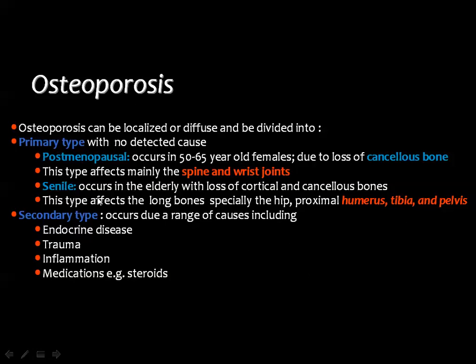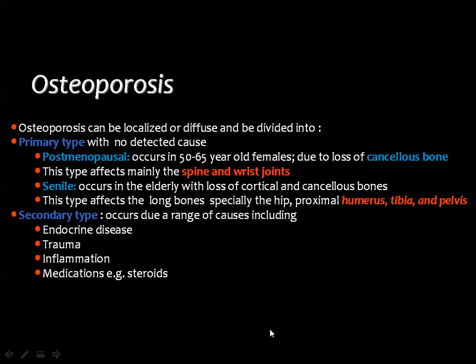While senile osteoporosis is seen in elderly people, it affects the cortical and the cancellous bone, and the manifestations are usually seen in the proximal part of the humerus, in the tibia, and in the pelvic bones. The secondary type of osteoporosis is due to an abnormality in metabolism, like in endocrinal diseases, in cases of inflammation. Some cases may follow trauma, and medication by particular drugs or the corticosteroids, which are known to